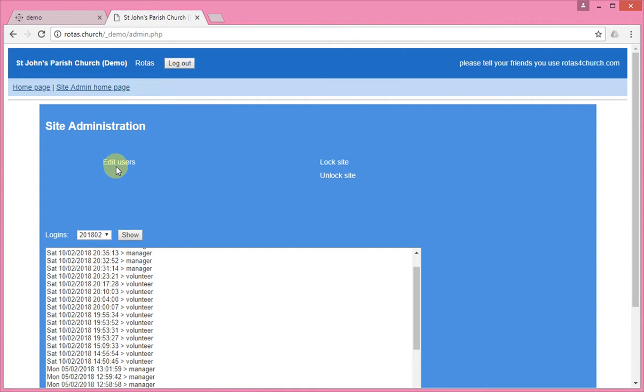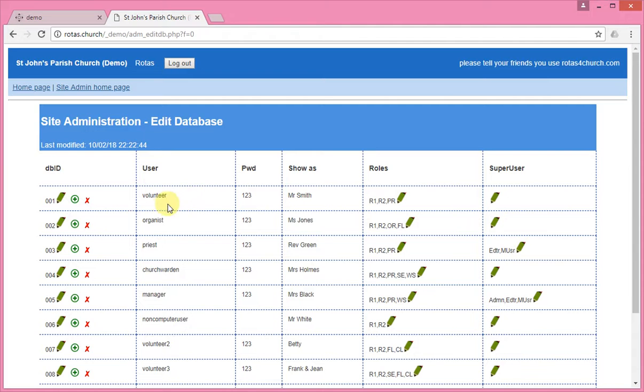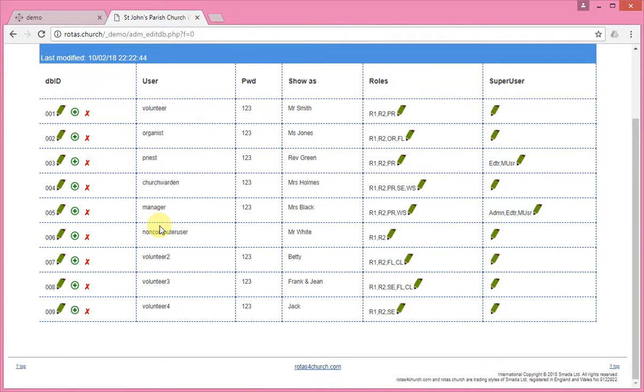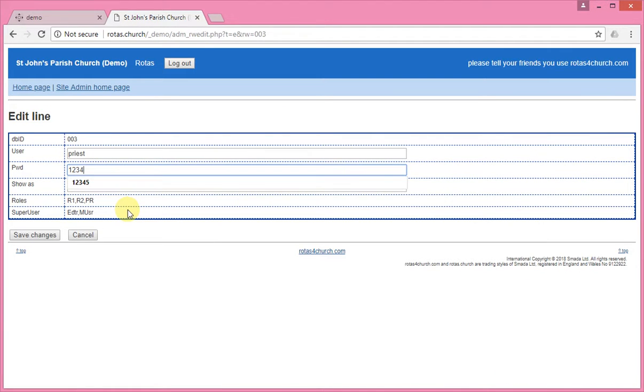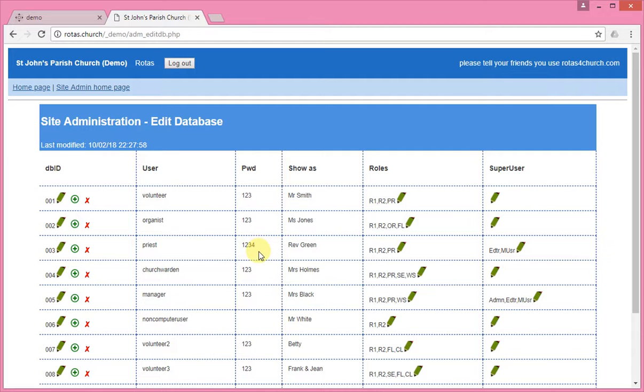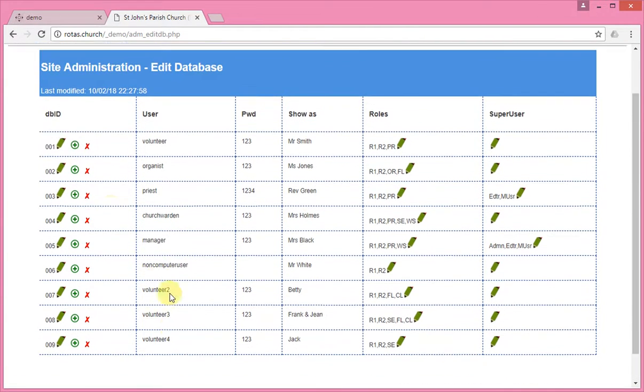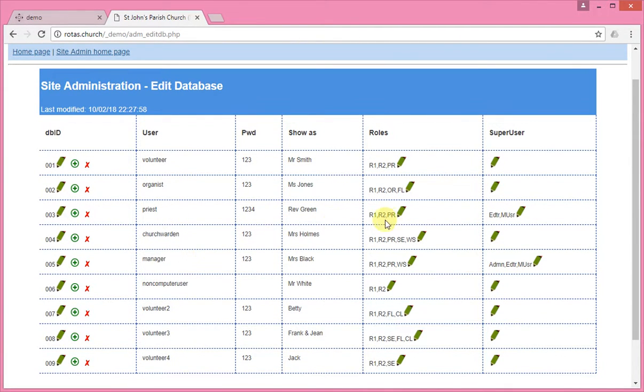And the final thing that she can do is she can edit users. So by editing users over here, you can see who the different users are for this website and the rights that they have. So she can go, for example, and she can edit the priest's line and change his password to 1234, for example. Save changes, and that has now changed the password for the priest signing in. Obviously, you can delete users. You can add a new user if you wanted it in a certain order. You can add them below,